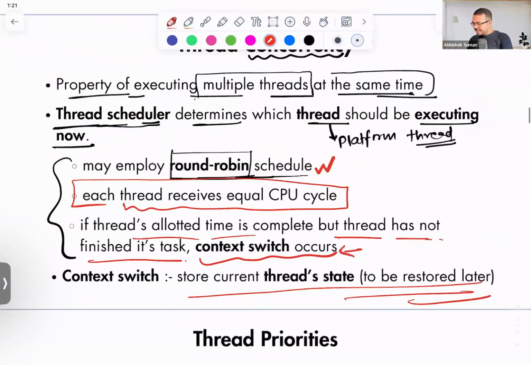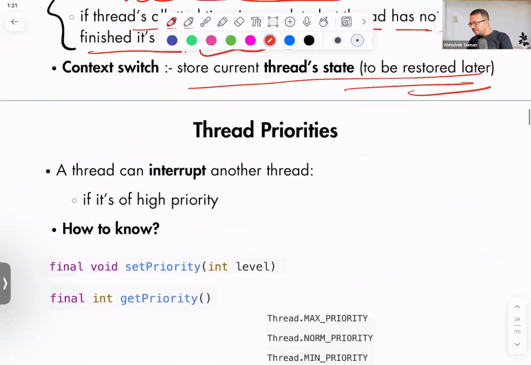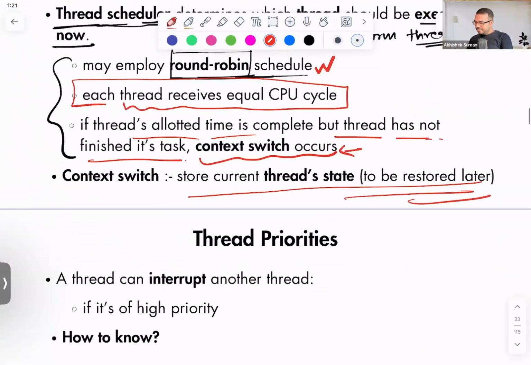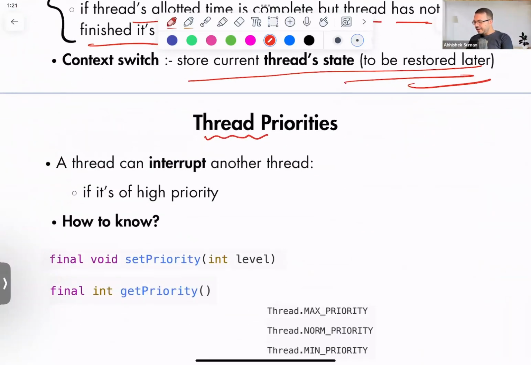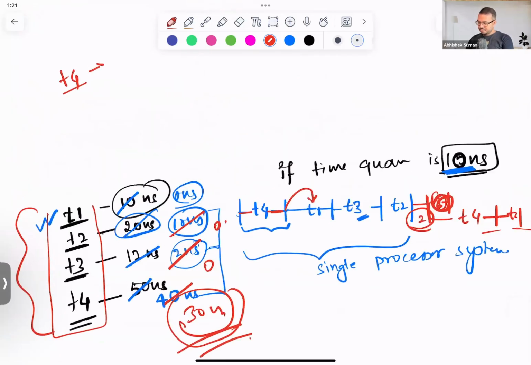All the threads are stored in some sort of a queue, and by default they do not have any sort of priority. But Java also provides a way to set the thread priority. Maybe in our previous case, I would want T4 to always get executed first, so I will set the highest priority to T4. In that case, the CPU scheduler